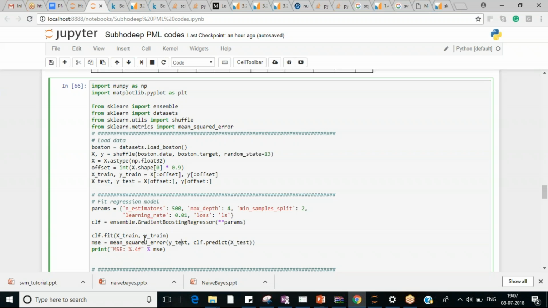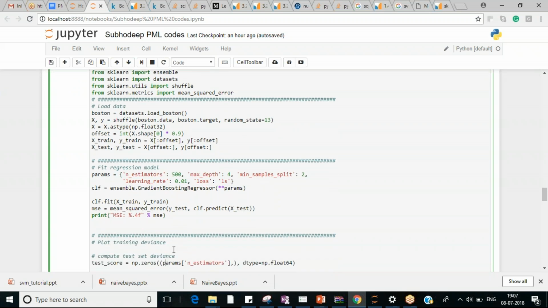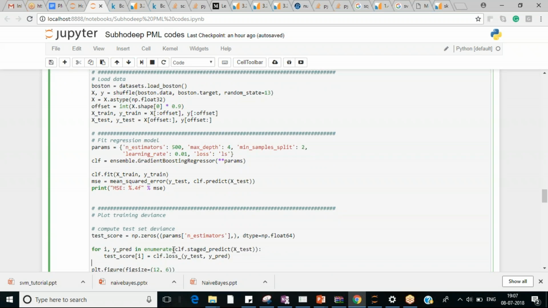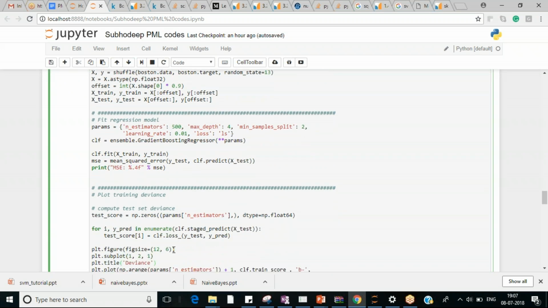So I fit the model on the training data, then use the test data to predict and see what it is vis-a-vis the actuals. Then I print the MSE, mean square error. Now I've just used some plotting. So this part is basically I want to see how